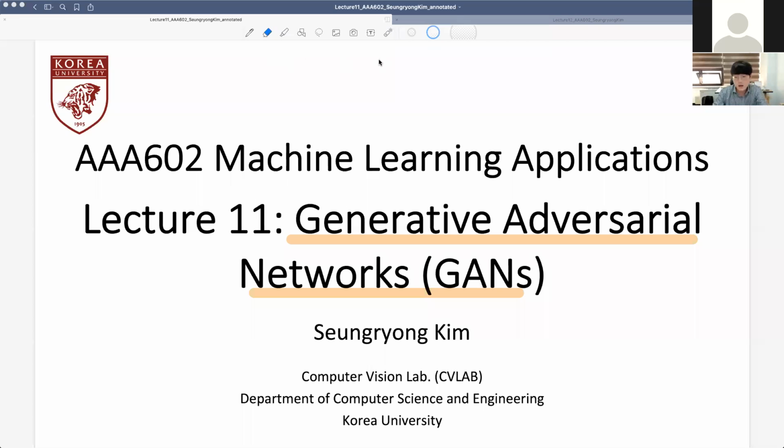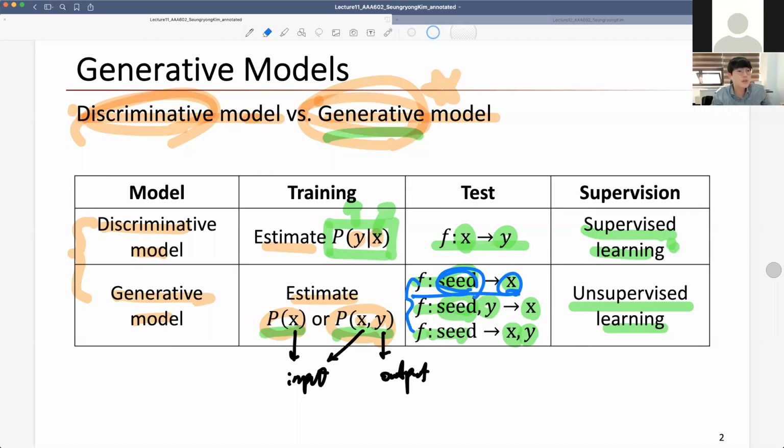Okay, so this week we will... Actually, last week we started the generative adversarial network, which was just called the GAN. So let me recap. To understand the GAN, we have to understand the